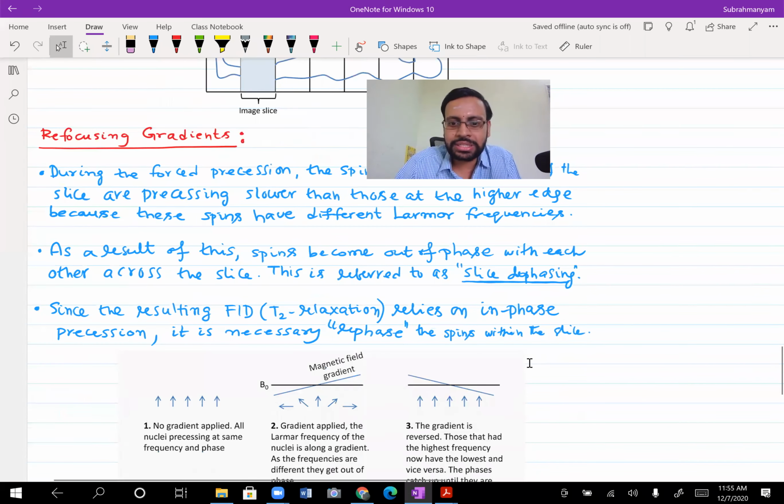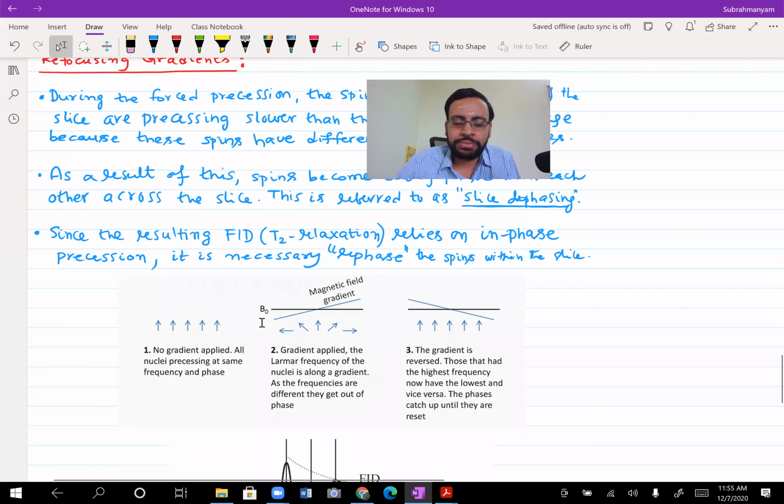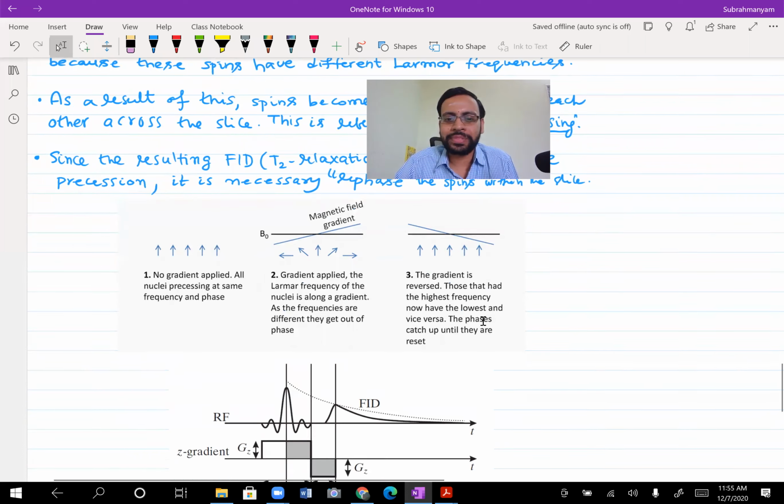To deal with this, if your gradient magnetic field is in this direction, they would apply an additional magnetic field exactly opposite, with the minus of that slope, and that would address this dephasing. Again, I don't want to go into detail, because that itself would perhaps require a complete class, but I think this should intuitively make sense to you now.